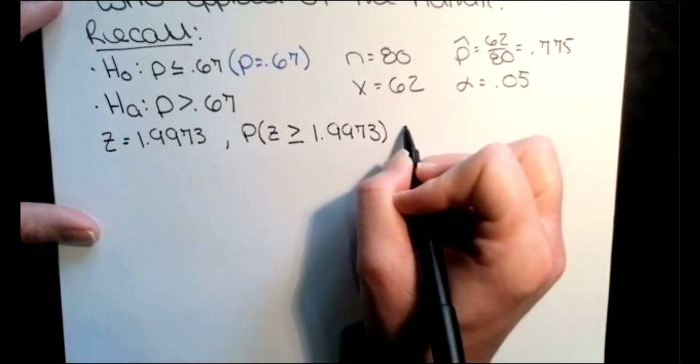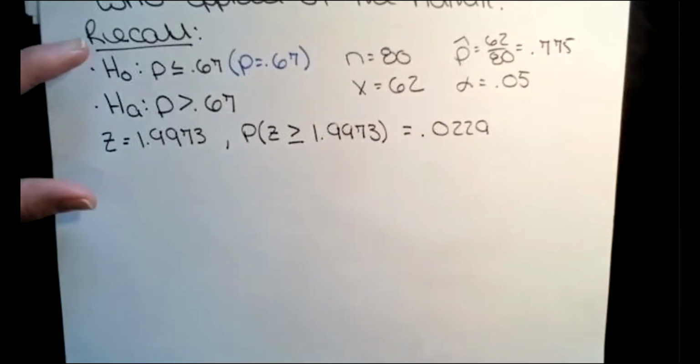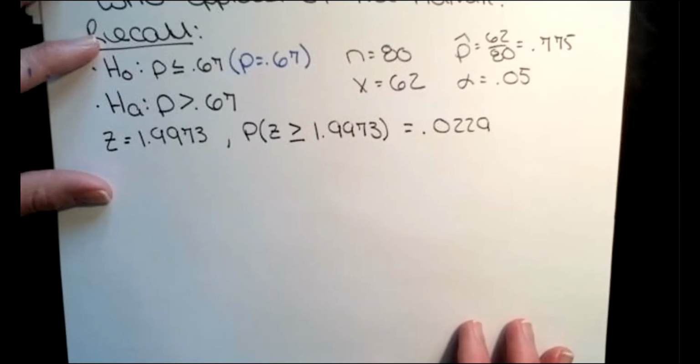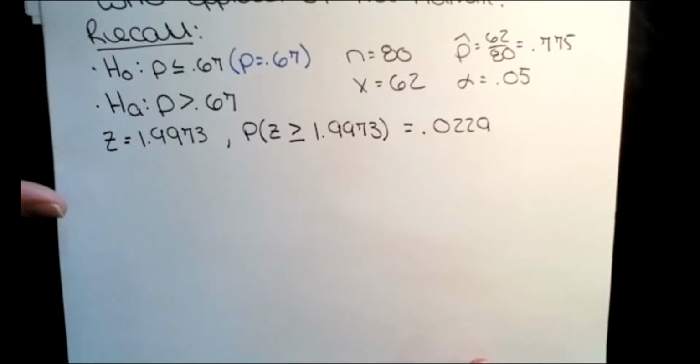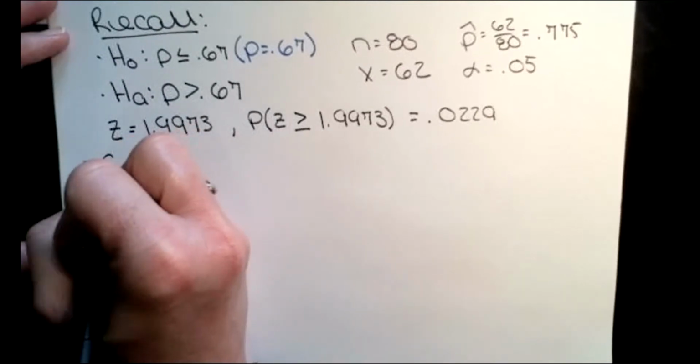1.9973. And that probability came out to 0.0229. So this is all the stuff we've done prior to this class. So now we want to go forward with our calculation. And when I say our calculation, I mean our conclusion, okay? So for our conclusion step,